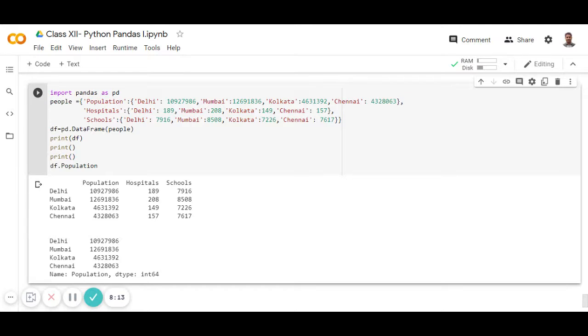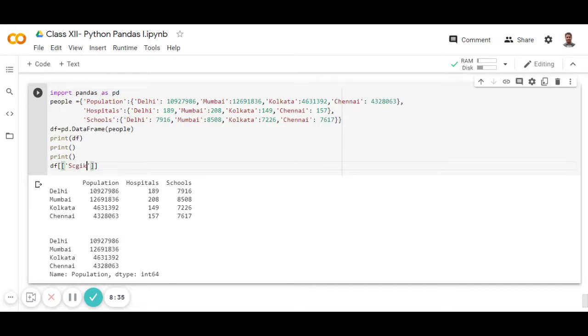So suppose we want to give multiple columns, so we give them like this one, in double brackets, and give the column names.